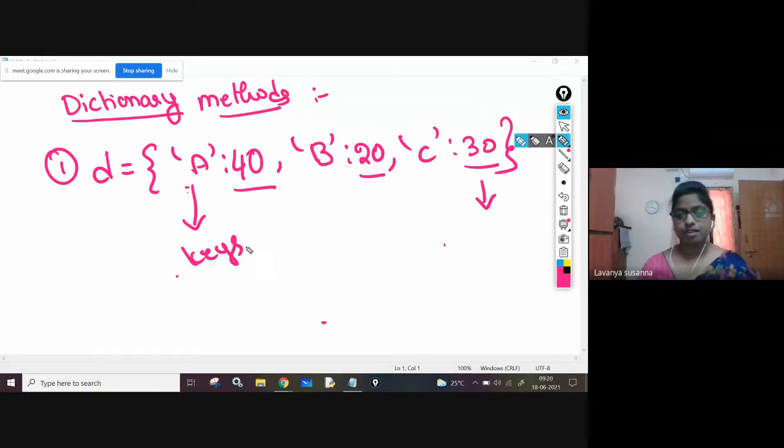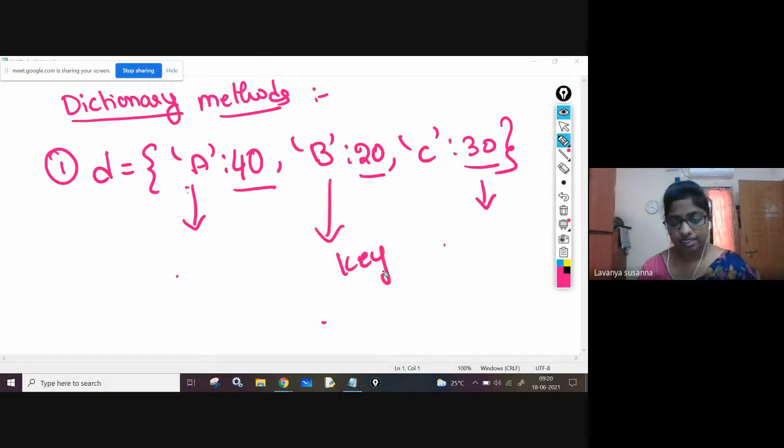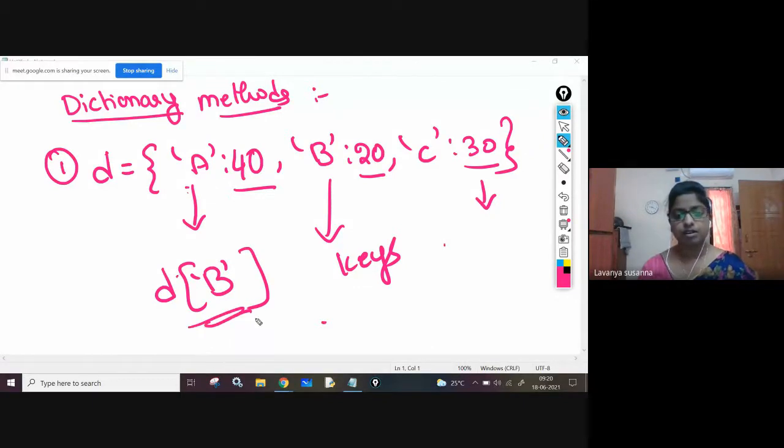get. See, already you know that if you want to retrieve a key's value, for example, I want to retrieve key b's value. This is a key, right? This b's value I want to retrieve. If you write d of b, it means you are going to retrieve the value, output will be 20. What is b's value? 20. Okay. Now you can also retrieve the key's value using the get method.